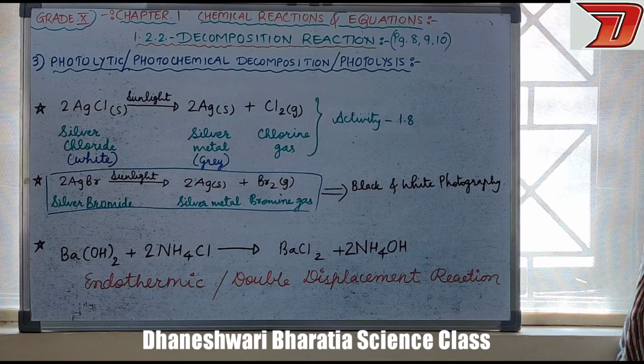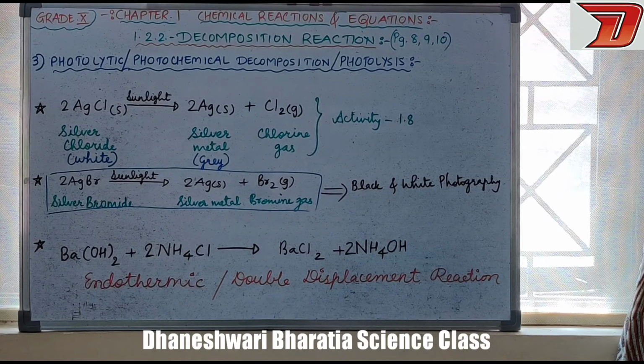One more term is used for this electrolysis process, specifically when it is used for water. It is also known as the downward displacement method. Okay, so this term you have to remember. Downward displacement method is used for electrolysis of water, or I can say to separate the gases which are present in water. Am I clear? Why is that method called so? Because we know that hydrogen is not soluble in water, and that is why through the process of electricity that gas is released and collected in the test tube.